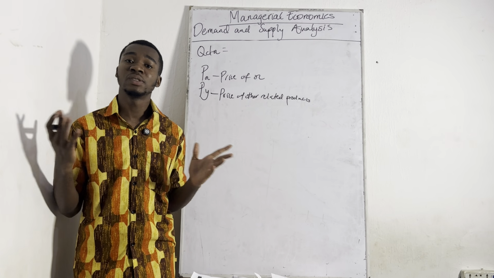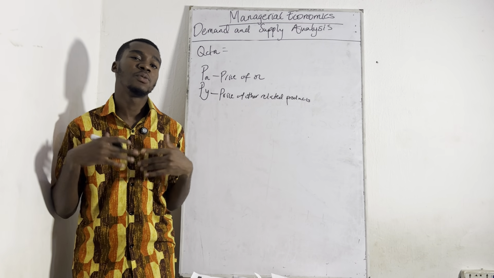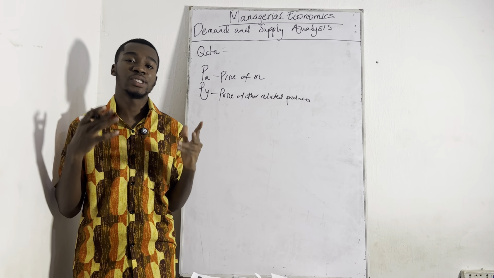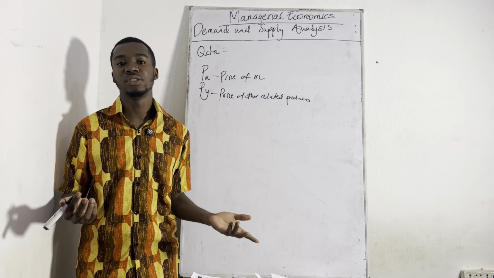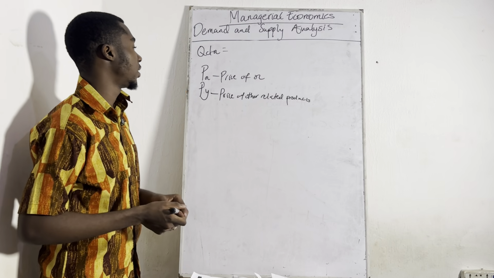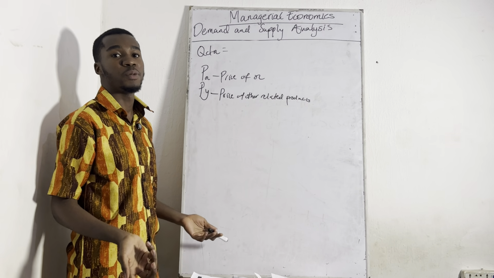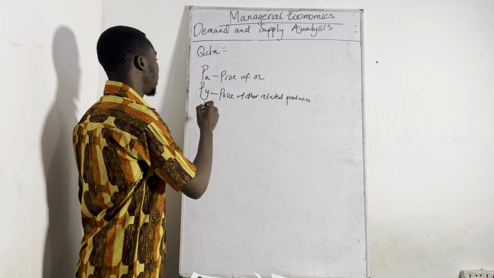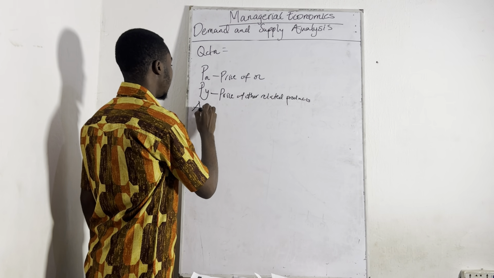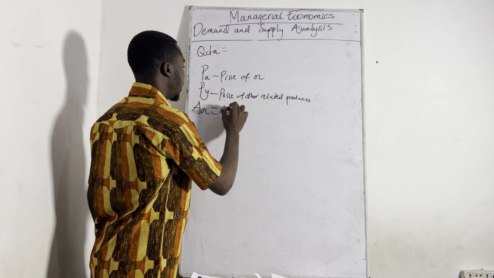They go and pay celebrities to advertise their product and all that. You get it? Because we assume that once the advertisement is persuasive enough, demand will increase. So advertisement could also affect the demand for the product. The higher the advertisement or the better the advertisement, the more people will buy. Do you get it? So for advertisements, you represent it by AX. So the advertisements of the product, you get it. So we usually term it as